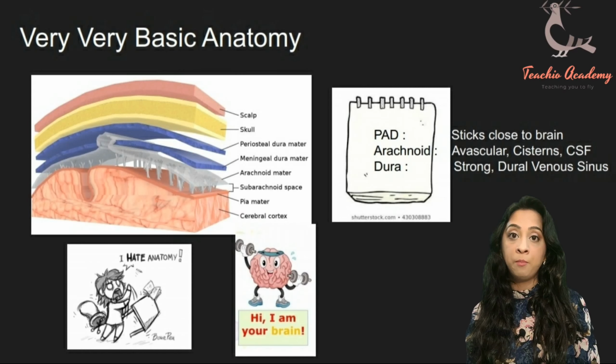Now, the head CT is a little funny. You guys might remember from medical school that the outer layer of the brain is gray. So when you see all the autopsies, the brain looks a little gray. But when you cut it, you can see some white matter beneath. Now the head CT is opposite. That's a bit of a curveball, I would say. Now on your head CT, the outer layers that you can see, they look white in color. So that's going to be your gray matter. And the inner layers, they look blackish or grayish in color, or at least a little bit darker, but they are actually your white matter.